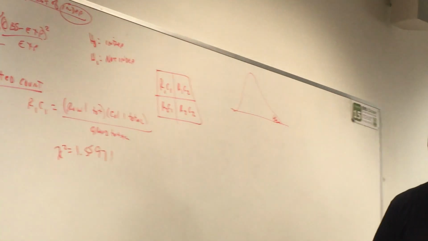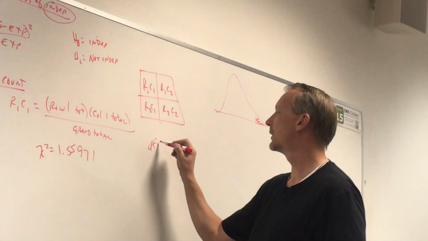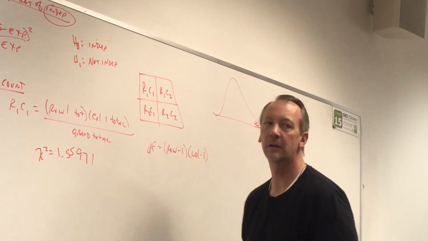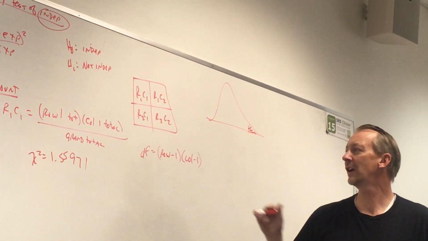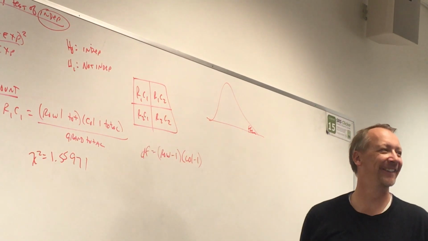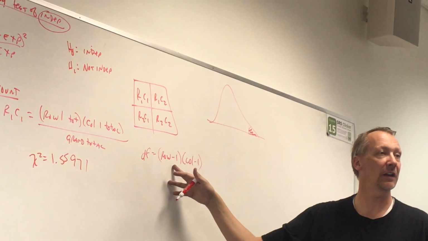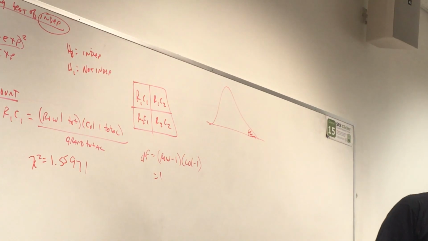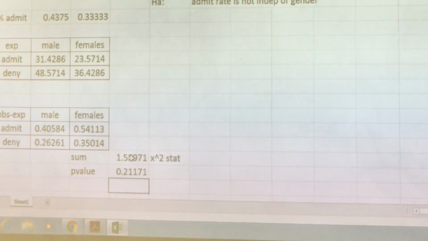Okay? Degrees of freedom equals rows minus 1 times columns minus 1. Okay? The independence tests are kind of nice and easy to figure out because they're in a table. Okay? So, how many degrees of freedom do I have in this case? 1 degree of freedom. Okay? 1 degree of freedom. So, I get a p-value equal